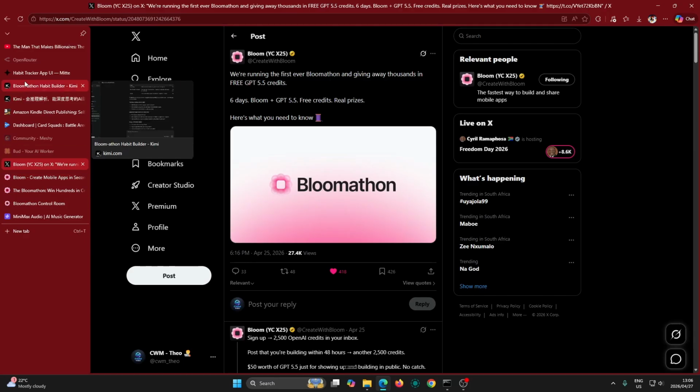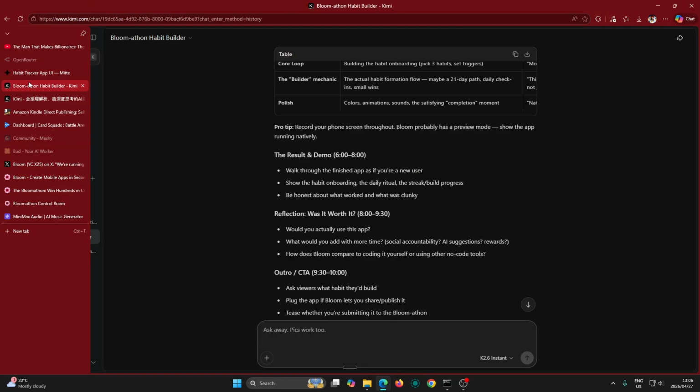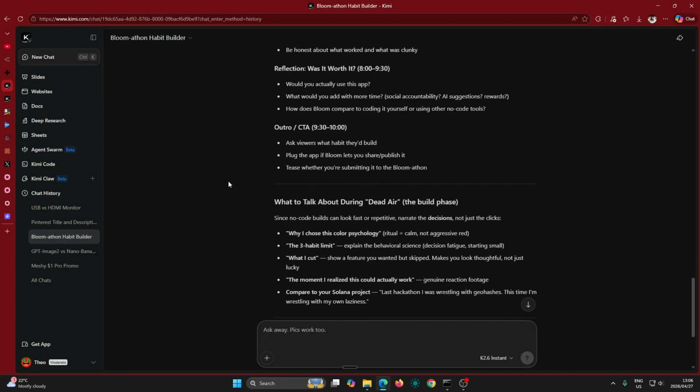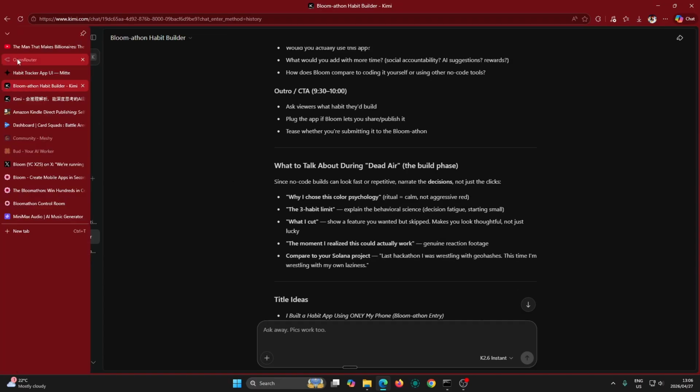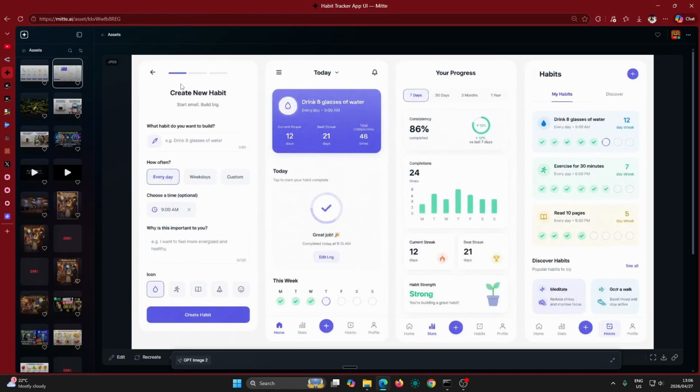So yeah, I had an idea. I was just going back and forth with Kimmy here to come up with ideas of what to build, and I had this idea for a habit builder app. The idea that Kimmy gave me was that we should build a habit tracker, but I think that's so overused right now, and it would be better to create an app that actually lets the user create new habits